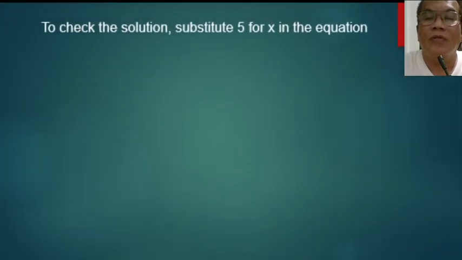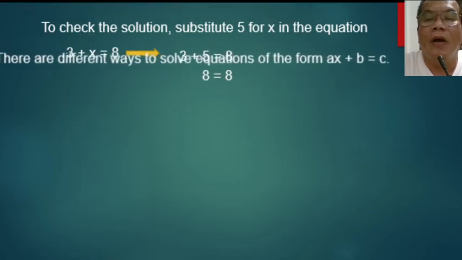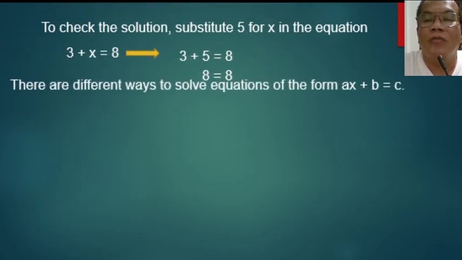Okay, to check the solution, substitute 5 for x in the equation. To rewrite, 3 plus x is equal to 8. So the value of x is 5. So you have 3 plus 5 is 8. Okay, now there are different ways to solve equations